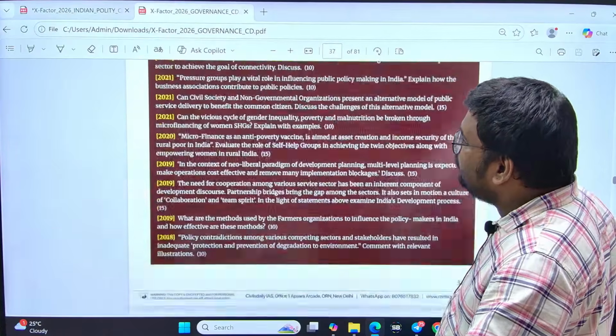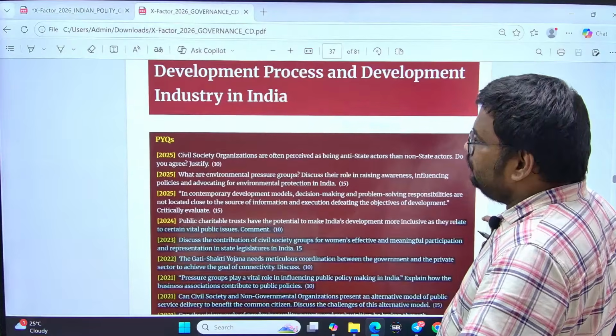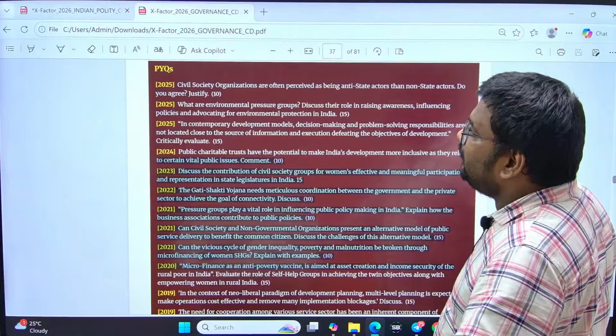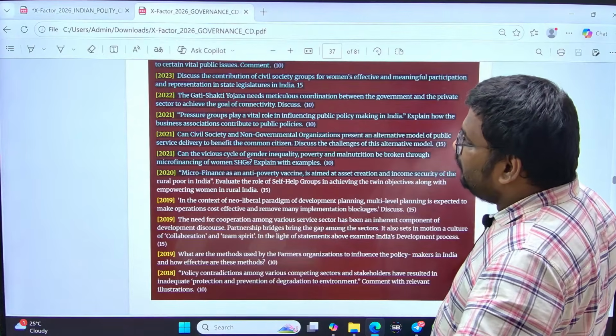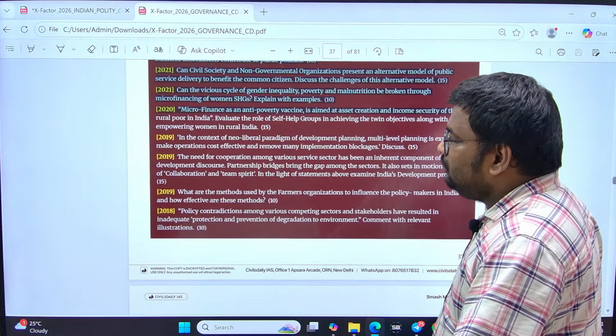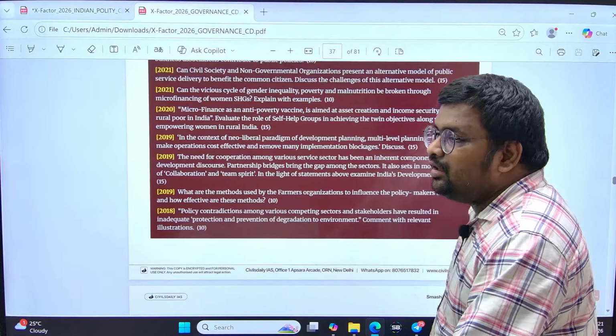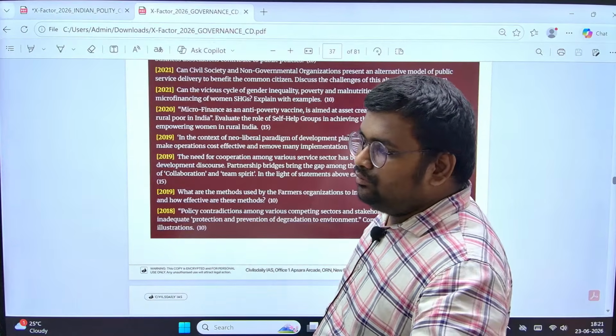क्वेश्चन. अभी यहाँ पे देखोगे तो गवर्नेंस के सबसे ज़्यादा क्वेश्चन इस टॉपिक से है, एवरी ईयर अब 2025 में ही 3 क्वेश्चन है, ठीक है, 21 में 3 क्वेश्चन है, 2019 में 3 क्वेश्चन है, ठीक है। तो हर साल एटलीस्ट एक क्वेश्चन आपका आता ही है या फिर 2 भी क्वेश्चन आ सकते हैं इस थीम से, ठीक है।